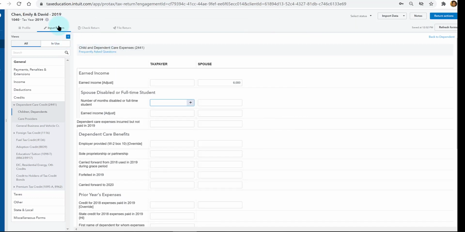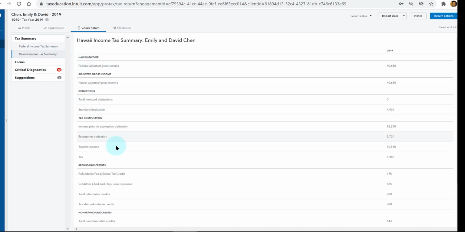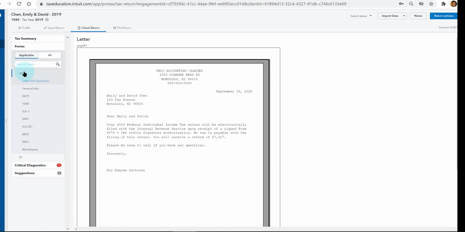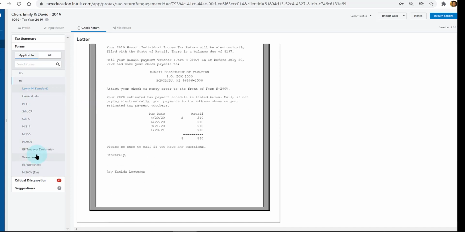Okay, I'm still in this input procedure. Let's do a check return. Just like we saw for the preview, you can see a summary here of the federal and then the state if you want to do a state. Well, here's the forms that we've seen before for federal or Hawaii. I would recommend taking a look at this critical diagnostic link here, and it tells you of